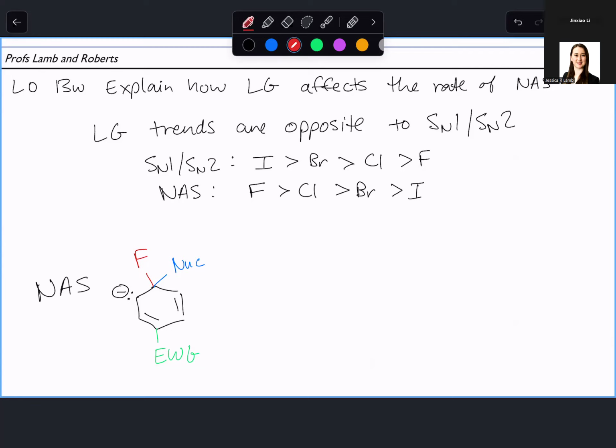So let's see a full example of how I might ask for a mechanism on an exam. So the classic NAS reaction is with a fluorine leaving group, with a nitro electron withdrawing group, and with sodium methoxide as our nucleophile. This is like the most classic NAS reaction you could possibly do. Okay, so if we were to ask you to draw the mechanism of this reaction,